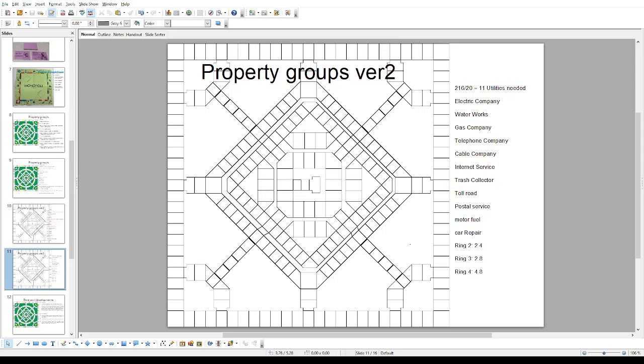Oh, it actually does have title deeds for the cab companies. Interesting. The cab companies seem to work more or less like a separate set of railroads, except that there's a special function with them: when you pay to use a cab company, you actually get relocated to a different space. Okay, so